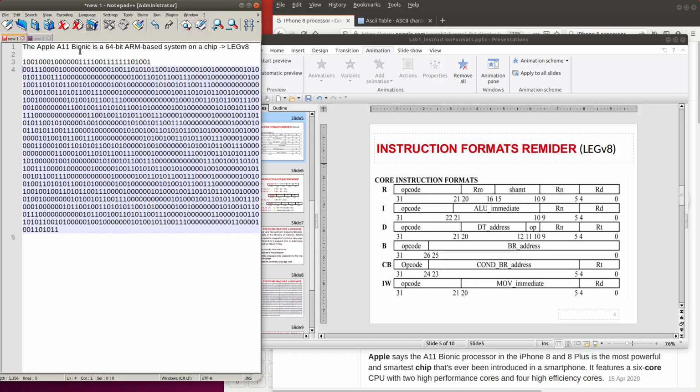Well, from here to here should be 32 bits. We will check it now. Here is a 4, another 4, another 4, 4. Here you can see that it has 8 groups of 4 bits: 1, 2, 3, 4, 5, 6, 7, 8. 8 groups of 4 bits. So from here to here you have 32 bits, and it will be one instruction in LEGv8.